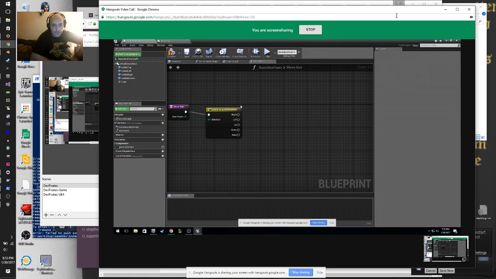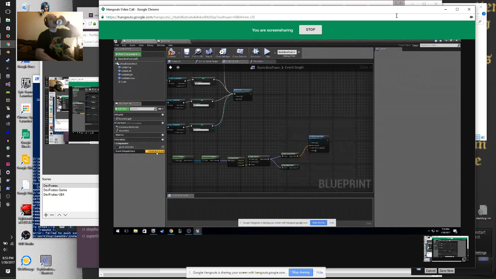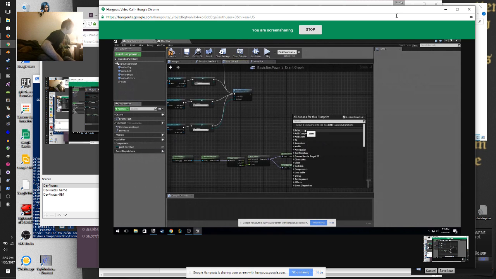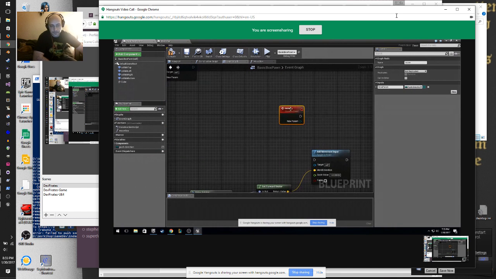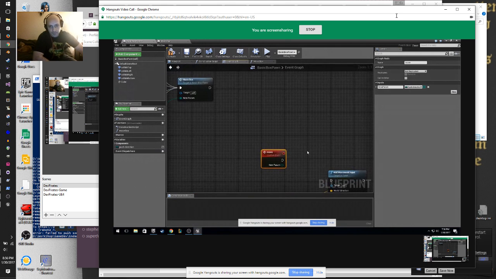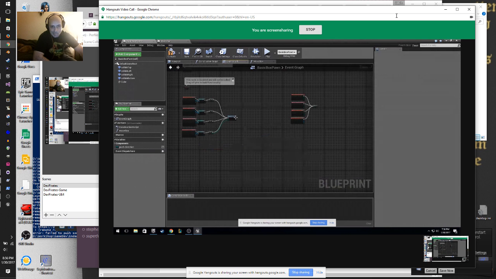Oh, well, actually, I guess I can just come out here. I want a new event. Call this move. Okay, and that'll have an input of push direction. Wait, that looks like an output. It does look like an output. Maybe these events don't work the way I think they should. Anyway, all this movement code inside my function.